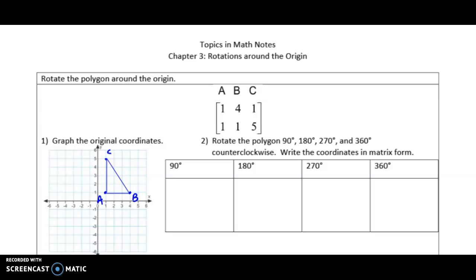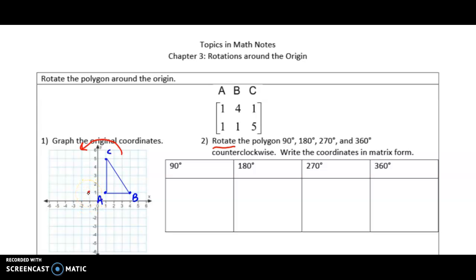So next, we're going to rotate the polygon 90 degrees, 180 degrees, 270, and 360 counterclockwise. So counterclockwise will be going this direction. Okay, so sometimes it's easiest to kind of move your paper. So if you think of A as 1, 1, and we turn our paper sideways, now it's